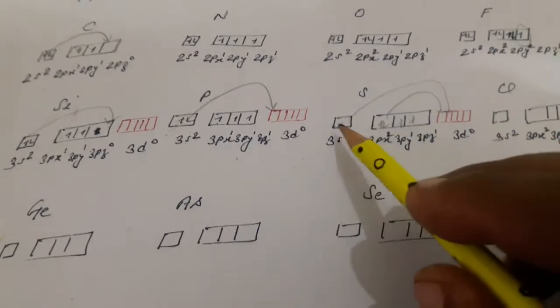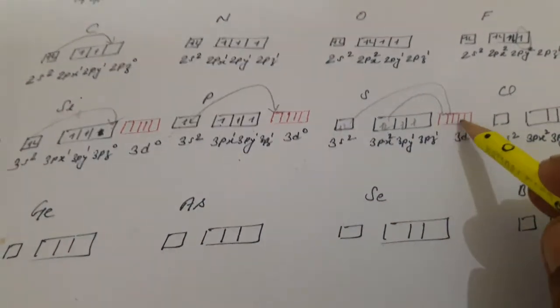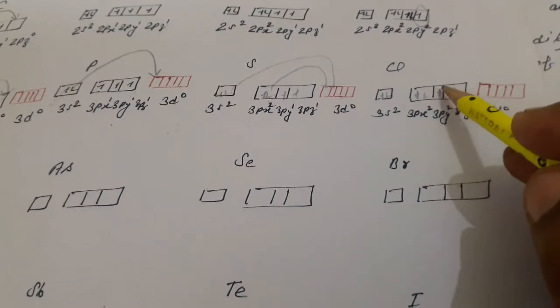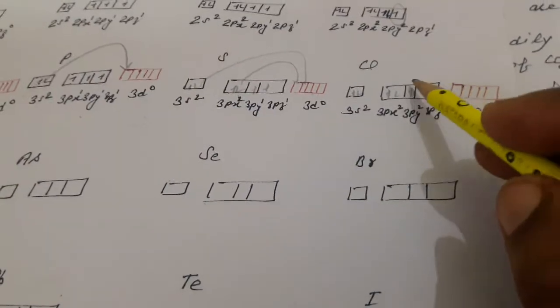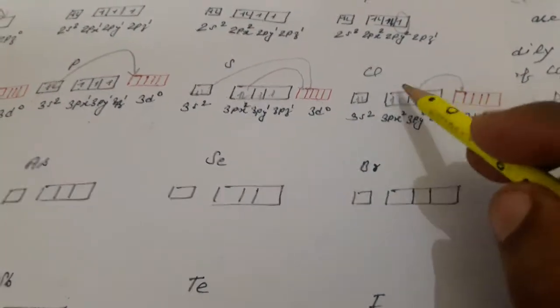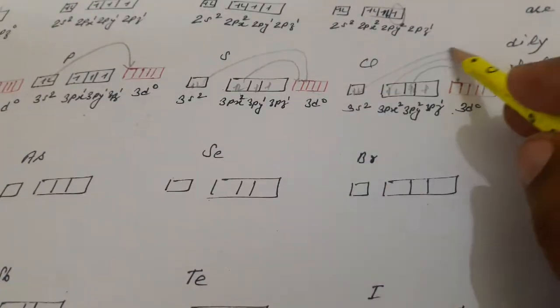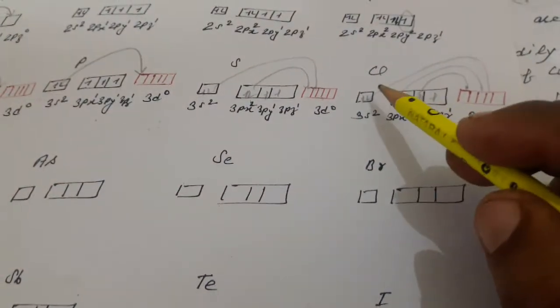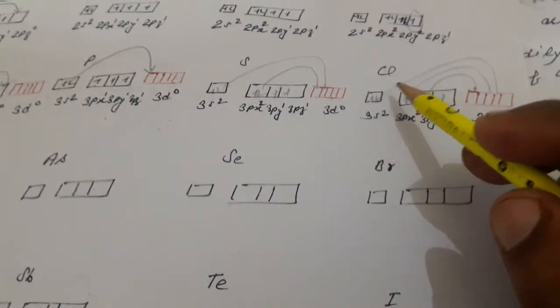So its maximum covalency will be 1 2 3 4 5 6. And here the unpaired electrons are 1, and with first excitation, second excitation and third excitation, so 1 2 3 4 5 6 7. So its higher maximum covalency is 7.